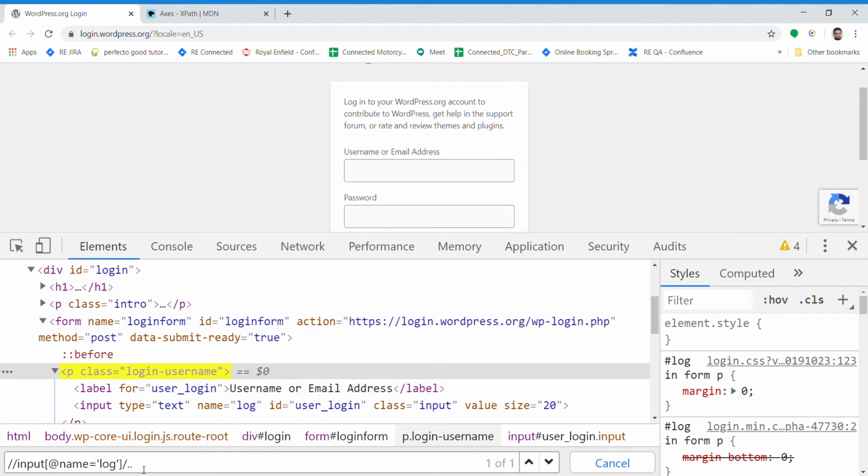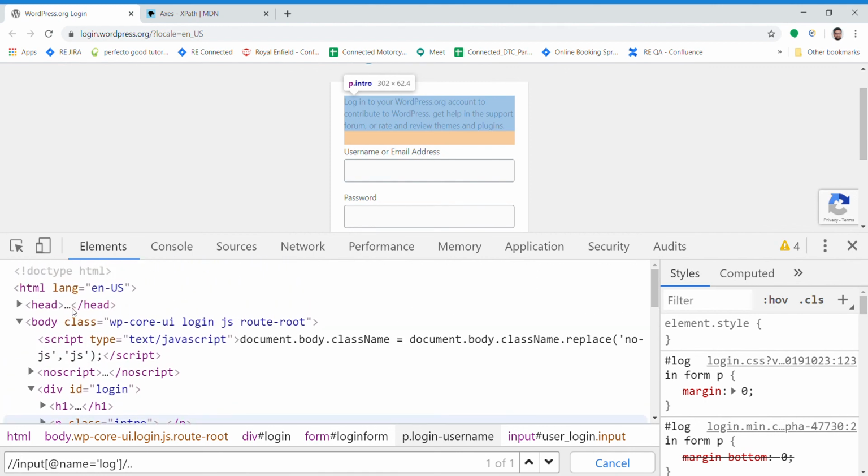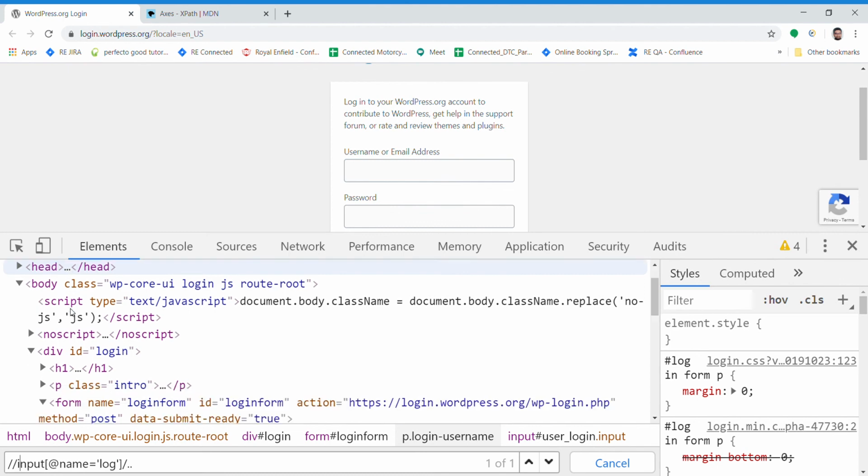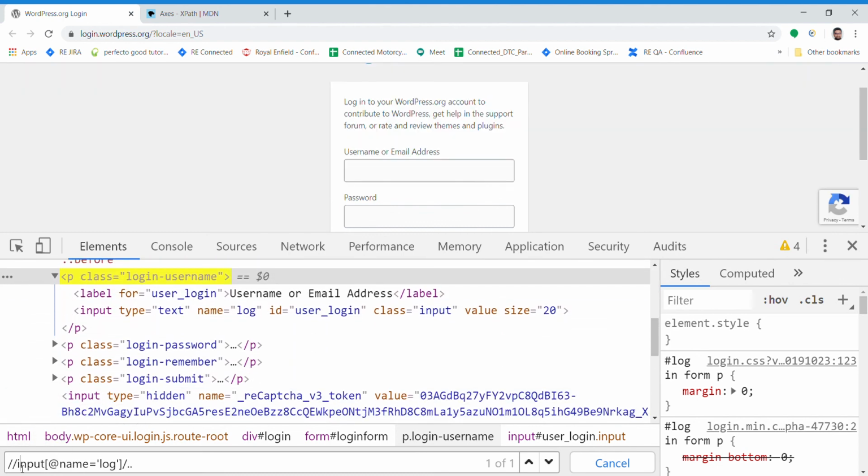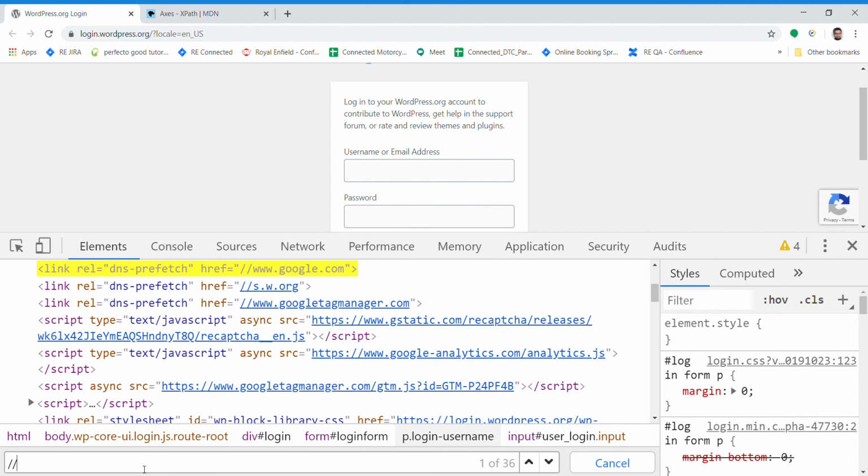But in this XPath, as we have constructed, we are not even starting with this login form, not even with this P class. But absolute XPath starts with the root node, so it should have started from the head, but it's not started right here. We have used // that means any node available in the document, right? So there are 36 nodes. You can start with any node.